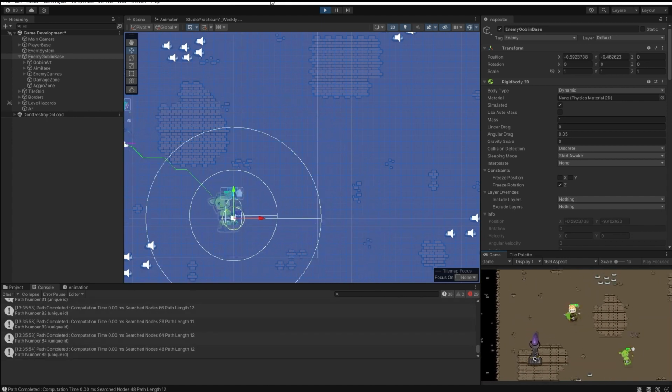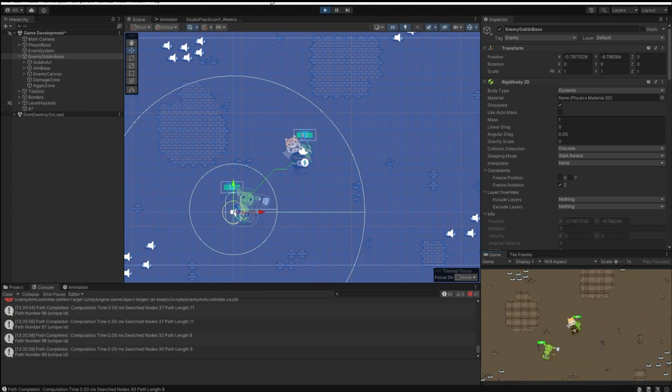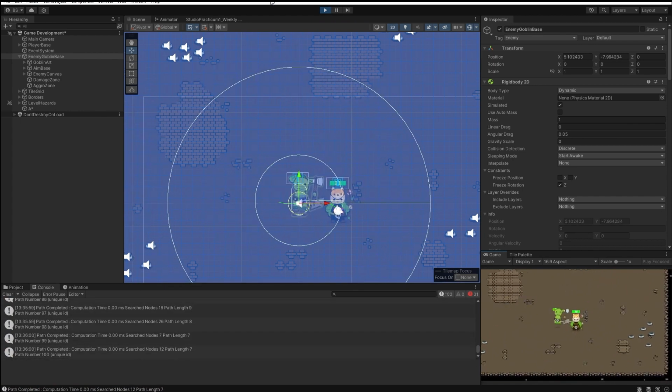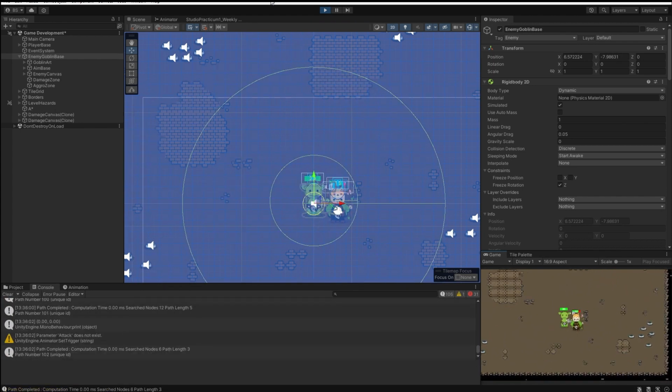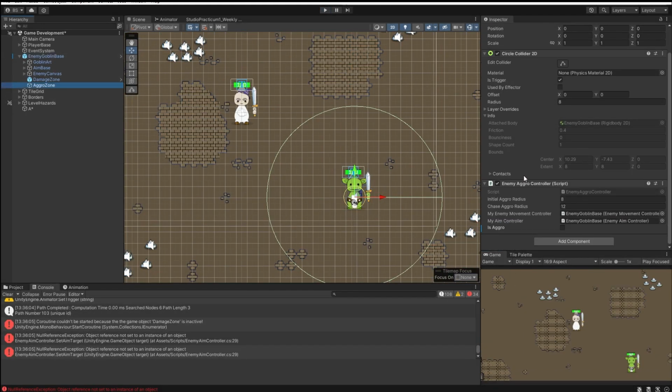So our enemy is now calculating. We still have a current target. If I come back in, it chases me. All right. And once it catches me, obviously it'll go through and do its regular attacks. Okay, awesome. If I have our enemy aggro set to be true, so is aggro is true,